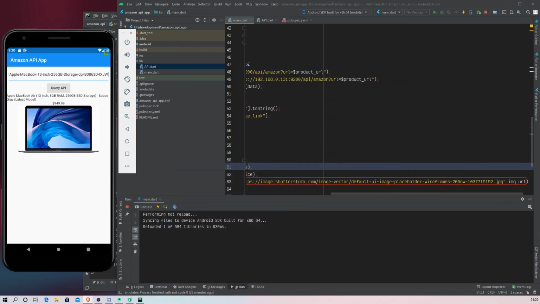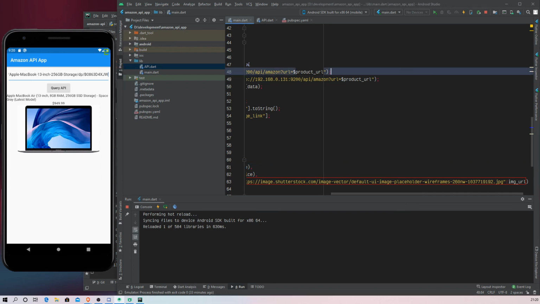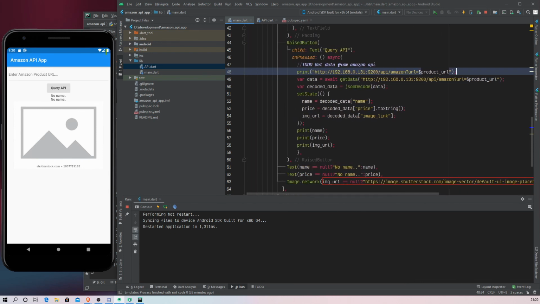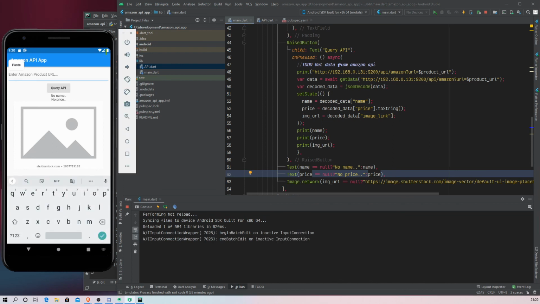And just to show you the part where we implemented the place where if it is null it will say no name, what you can do is run a hot restart on your app. What this will do is restart the app and no state will be maintained. So as you can see, because all the values are at null, it says no name, and oh, we can just change this to no price, and you can see no price, and the placeholder image that we have selected.